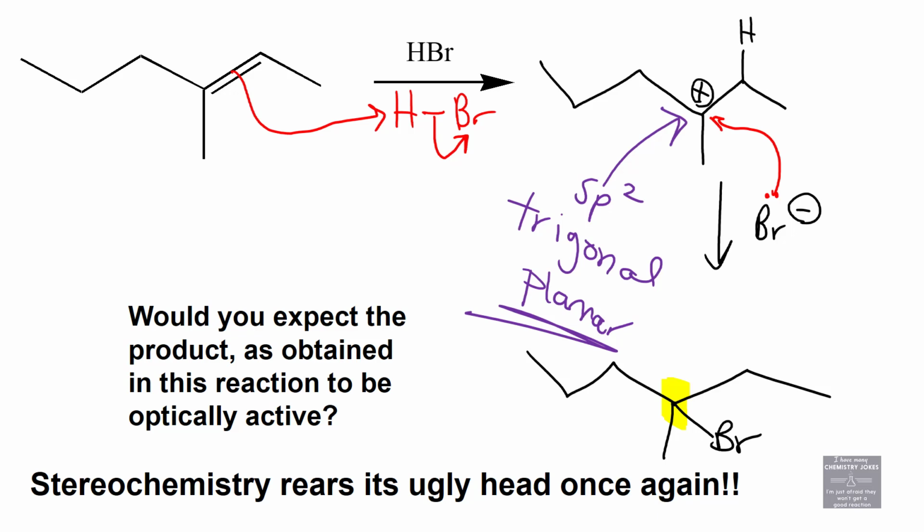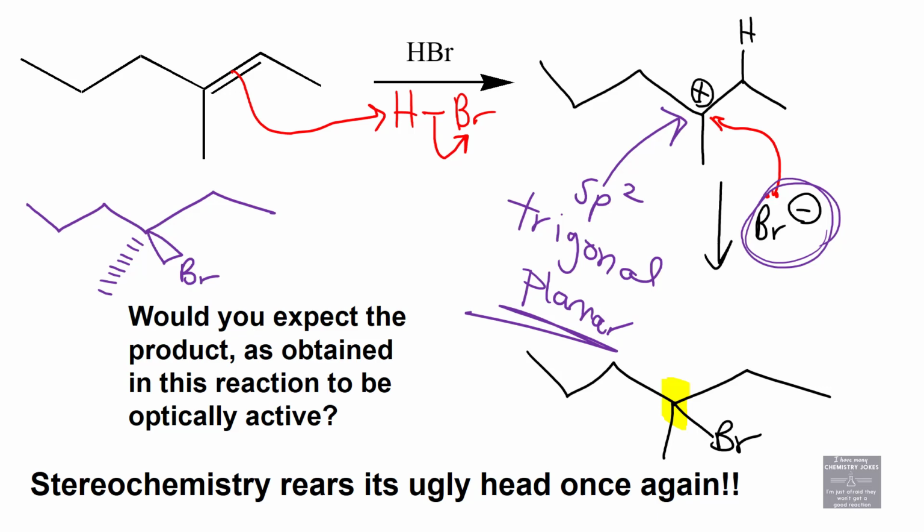Okay, so when that bromide comes to attack, it could attack from, we'll say, the top side. And if bromide attacks from the top side, it means bromine would end up joining like that, and maybe it would push the methyl backwards. You could also think of it as pushing the ethyl backwards or pushing the propyl backwards. It kind of depends on where you put your bromide as to what you push backwards. The gist is, we make a new tetrahedral carbon, and bromine's going to approach from one side to make this,